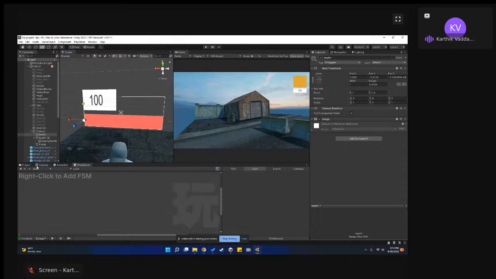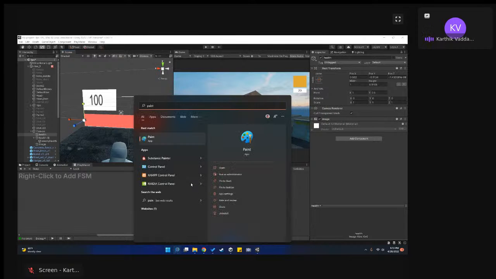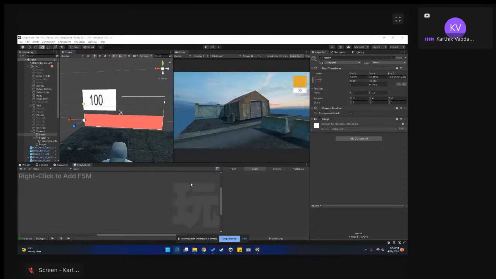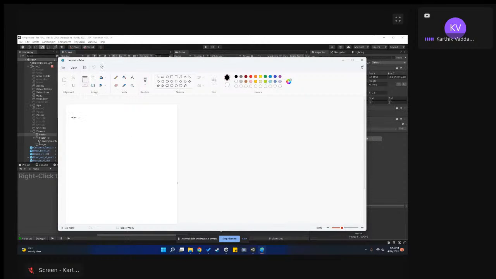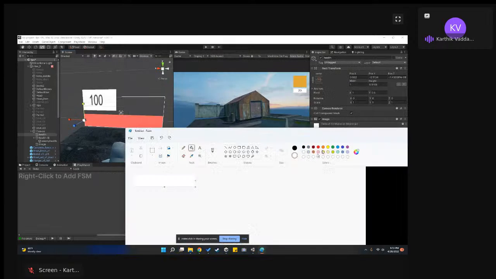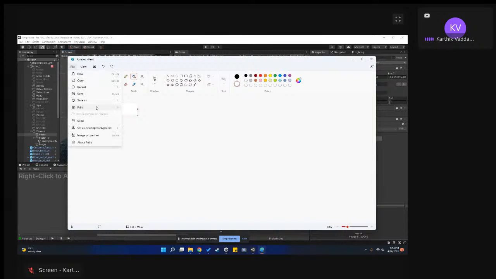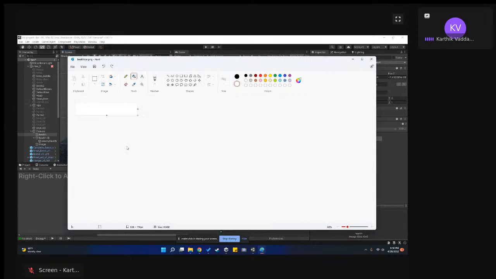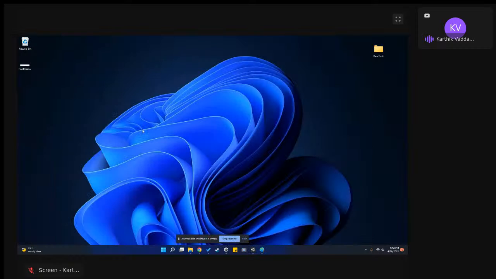So for this, I'll just create a small texture very quickly. This is fillet. If we fill it with white and export it, we can change the color further in Unity. That's the only reason we'll be using white. But now we go to